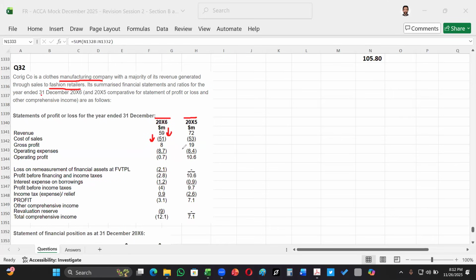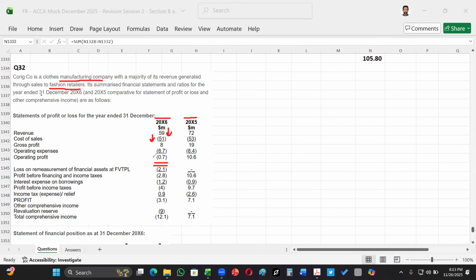The operating expenses have slightly increased. They have gone to 8.7, and previously they were 8.4, and this has resulted in an operating loss. Okay, last year we had an operating profit, but now we have an operating loss. So on the surface this seems to be a very poor performance. Just looking at the information, there has been a loss on remeasurement of financial asset at fair value through profit and loss. That has also contributed, which is not really an operating issue and is not related to the performance of the business, but it has impacted the profit.